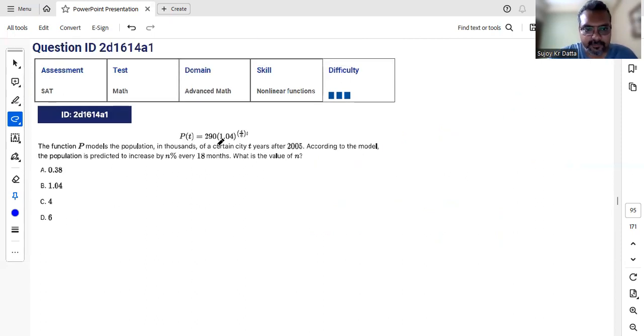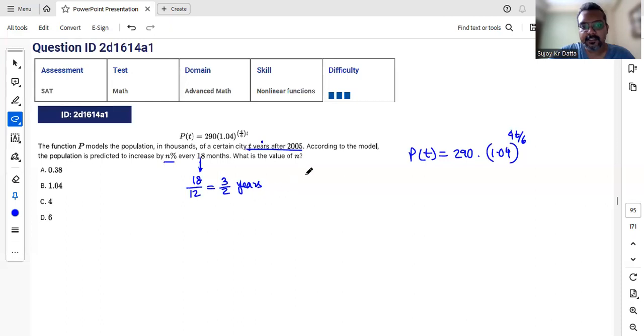So here it says P(t) is 290 times 1.04 to the power 4t over 6. It models, in thousands, the population of a city t years after 2005. So the reference value t equal to 0 means the year 2005 itself. It increases by n percent every 18 months. Now t is in years, and this is in months. 18 months means how many years? 18 by 12, so 3 over 2 years. Okay, so if I were to plug in t as 3 over 2,